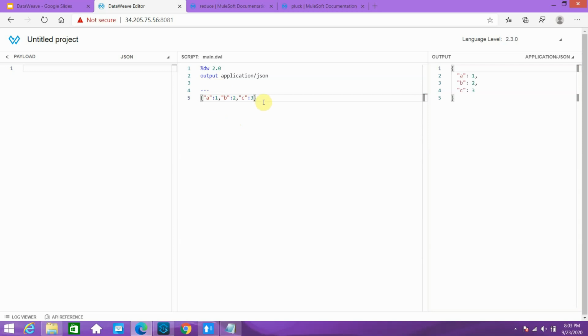This is my payload, or simply what I can do, I can press Ctrl+X and say var message equals this.